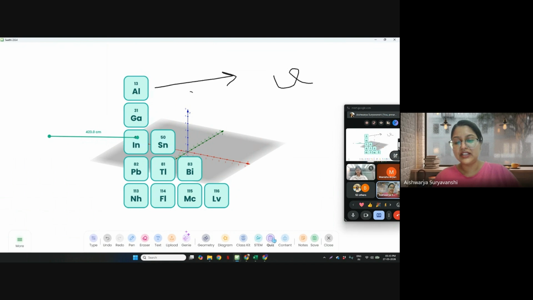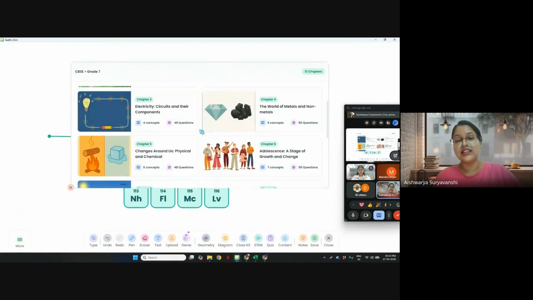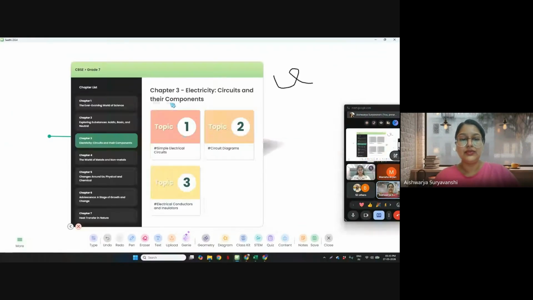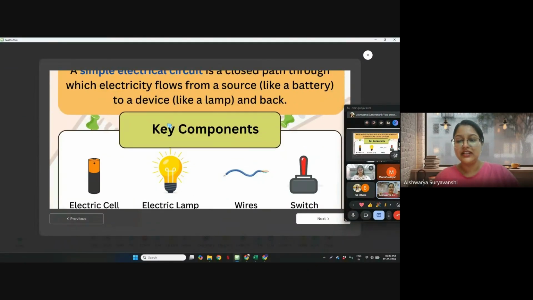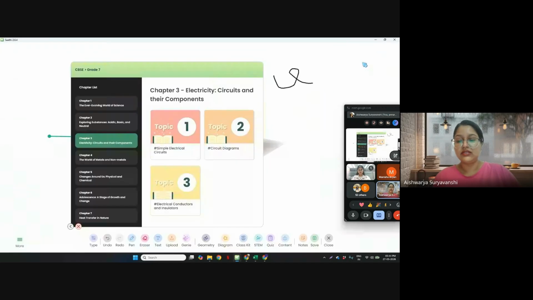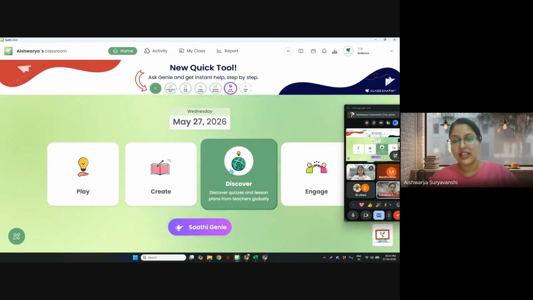Then we have the content option here. So this is if you are willing to use the concept cards and the videos that are given by the Classsathi team. So you can click on the content option. You will be able to see all of the content here. You can see there's a concept card, right? And with the concept card, we have a related YouTube video attached. So you can also explain the concept and show a YouTube video on it. So that is also available. So that was our whiteboard, which can be used for different subjects like English, Math, Science, and Social Studies in a very easy way. And you can also use it for languages also.